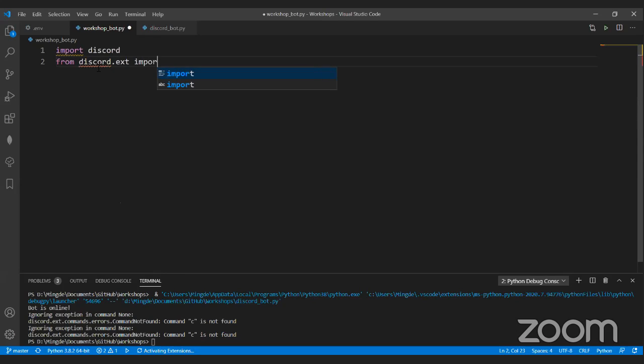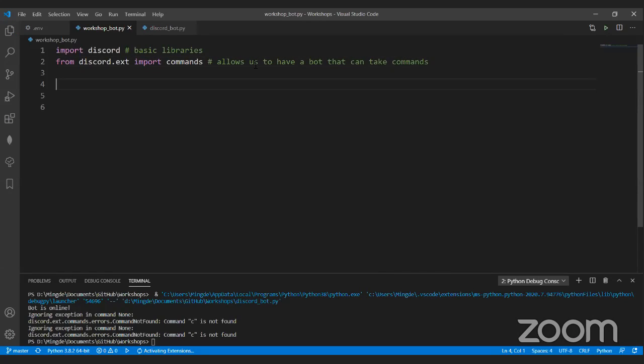And then from that, we want to import a module called commands. Okay, awesome. And basically, these are the basic libraries for Discord. And this allows us to have a bot that can take commands. Okay, awesome. The next thing we need to do is find a way to obfuscate our